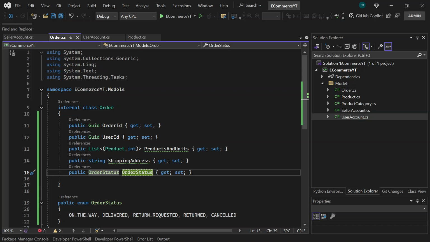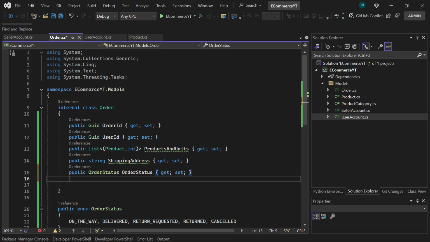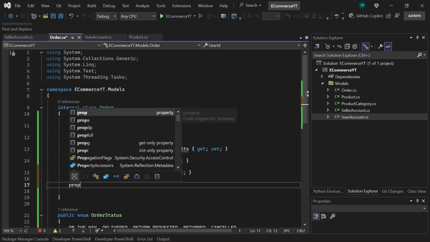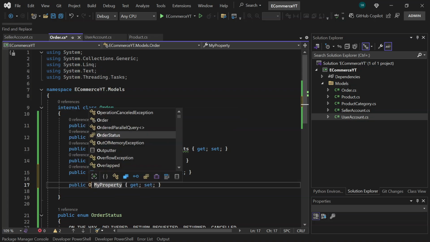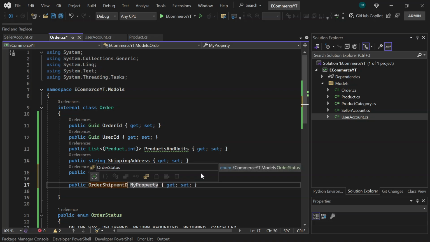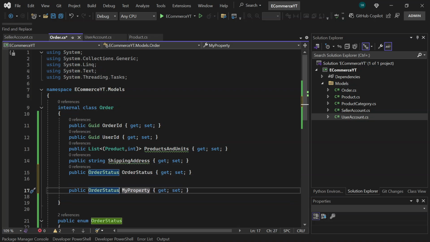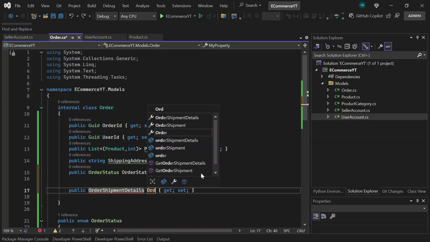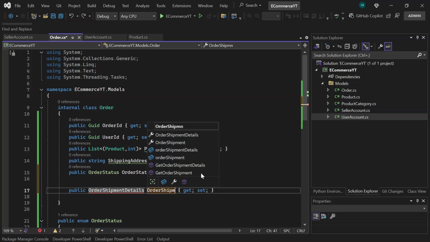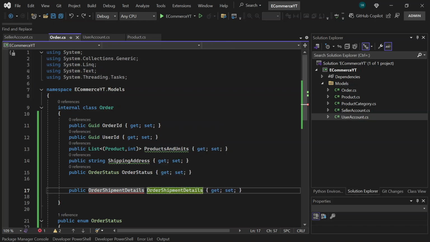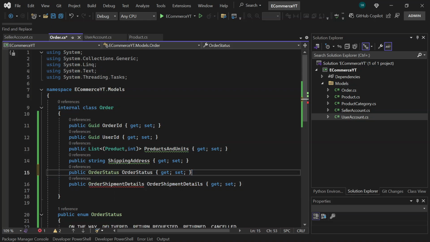from which state to which state my order currently is transferred right now, like whether it is in transit or it is to be delivered by a certain delivery boy today. So for that, I will have a separate field. Let's have it like something like order shipment details. So when I say order shipment details,